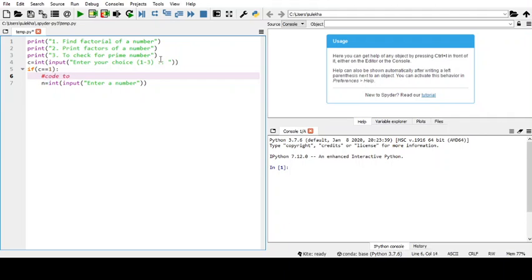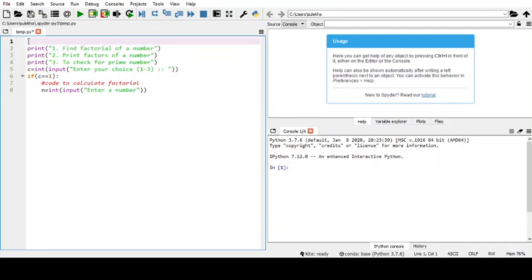Here I'll also specify one comment: code to calculate factorial. Here at the first line I'll add one comment: Menu, this is the menu.